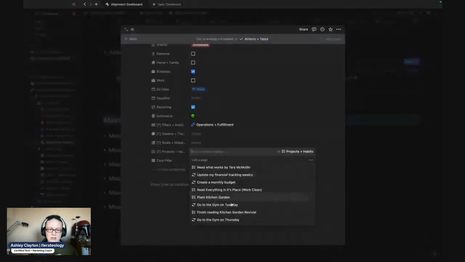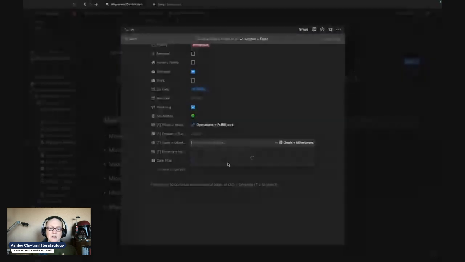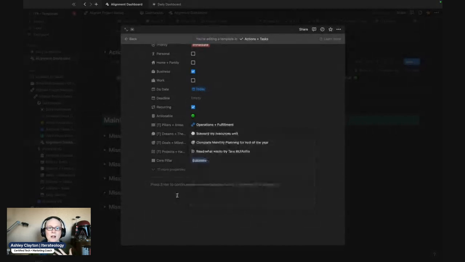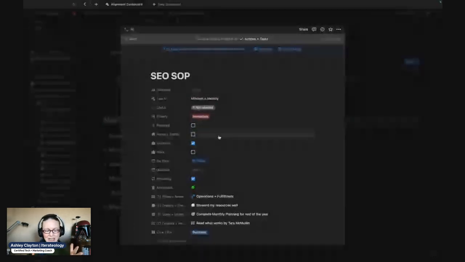I'll be deleting all this anyway, so I'm just going to tie it to something, so that way you can see this is where it's coming from. This makes absolutely no sense with what I'm linking it to, but you can go ahead and have all these things pre-filled out, because the idea behind a template is that each time this task gets created, all this information is already going to be there.